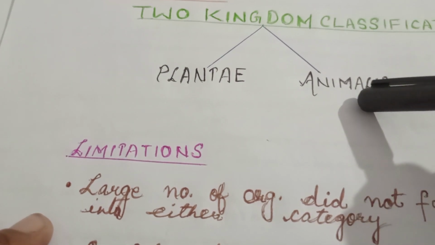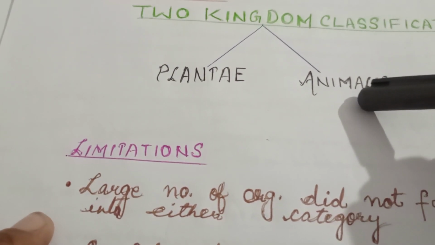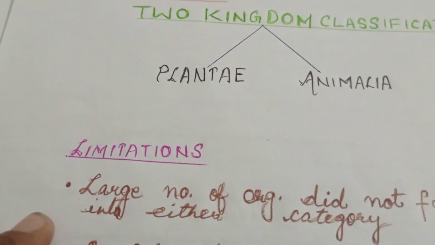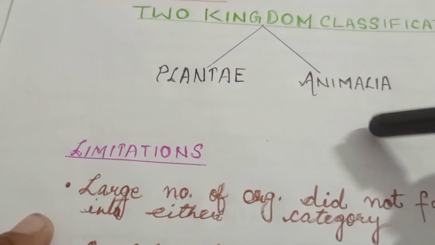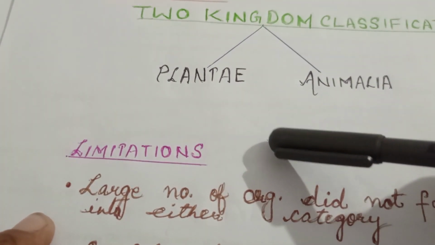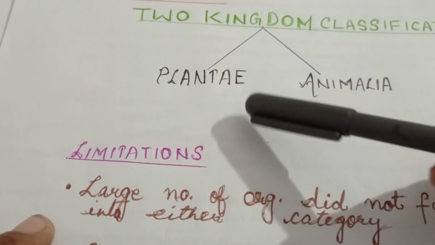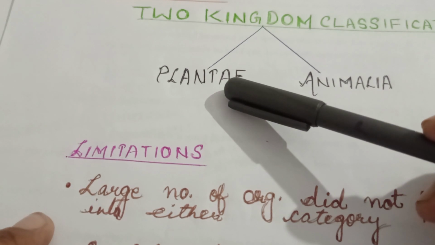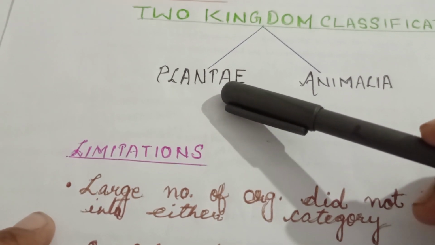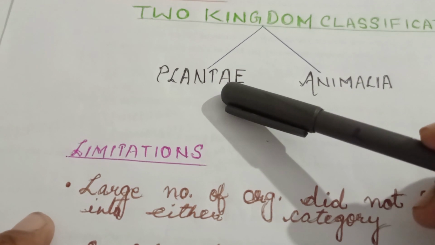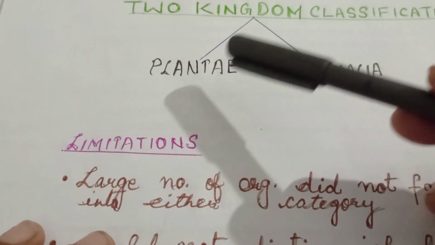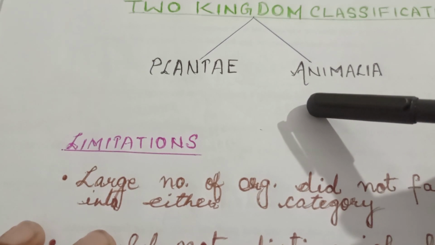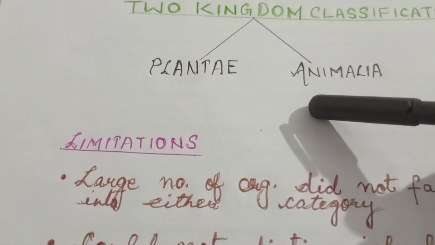Similarly, this classification could not distinguish between photosynthetic and non-photosynthetic organisms. It was a simple classification of Plantae and Animalia, but biology is a science of exceptions. There are many exceptions found everywhere. Plantae, as we all know, are autotrophic, they are photosynthetic, but here also there are some plants or some organisms which are not photosynthetic, they cannot prepare their food. So all these criteria were considered, and there was a large number of discriminations.